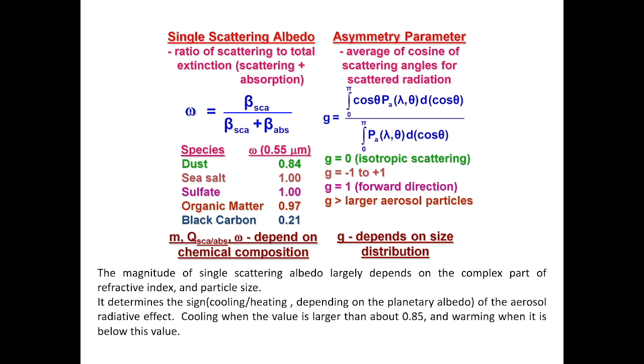So these are various numbers for, say, the single scattering albedo. It varies for different kinds of particles because these particles have different chemical structures. Depending upon that, dust will have a single scattering albedo of 0.8. Sea salt, which is completely scattering, will have a single scattering albedo close to 1, and so on and so forth. Black carbon, which has very strong absorption, will have a very low single scattering albedo, of the order of 0.2, and so